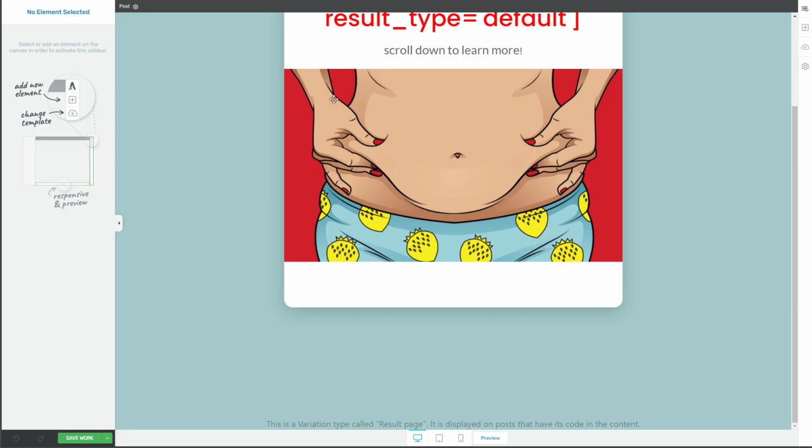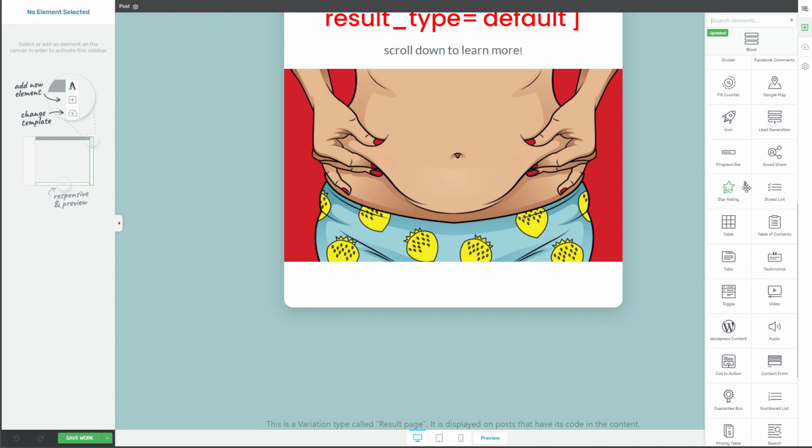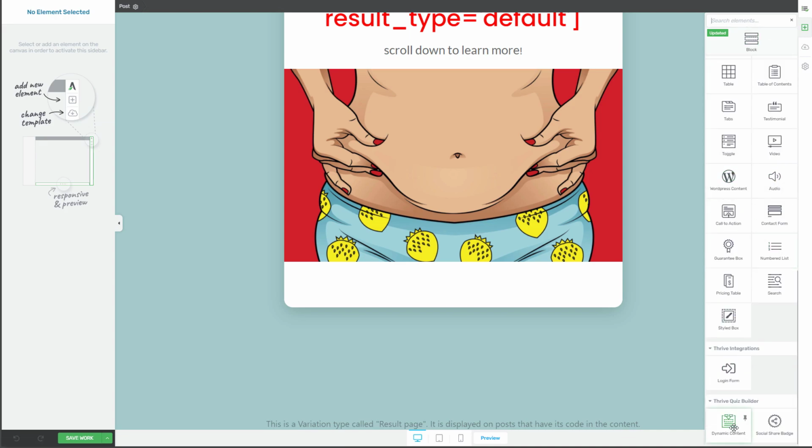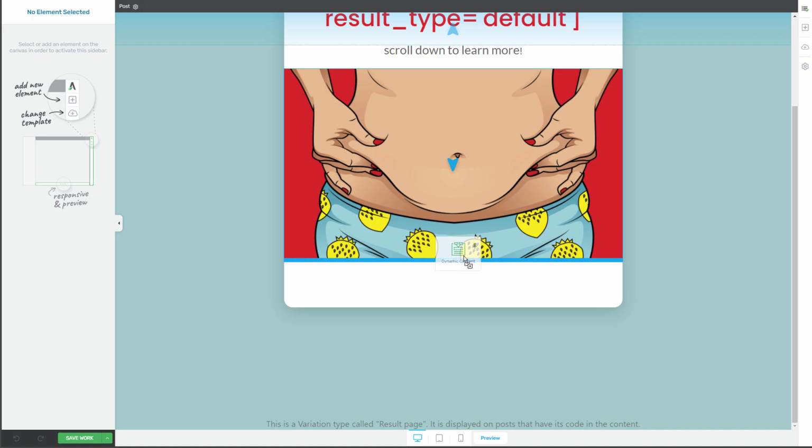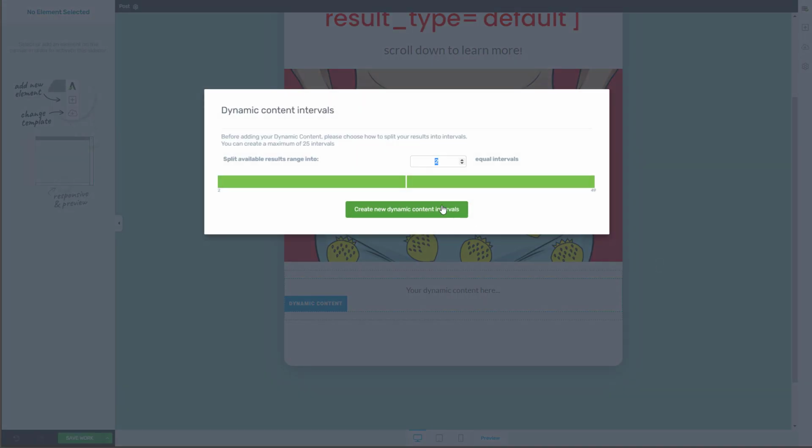Okay, so to do that, you're going to click on back over here, and on the plus side, you're going to scroll down to the bottom, and it's going to say dynamic content. That's what you want to drag over below the image. And it's going to ask you how you want to split. You can do 3, 4, 5, up to 25 different variations at a time. It's up to you how complicated. For this video, we're only having 2 results, so we're going to have 2 splits. So there's going to be 2 different possible texts that are going to be shown to people based on their answers. Okay, and just click on create new dynamic content interval,